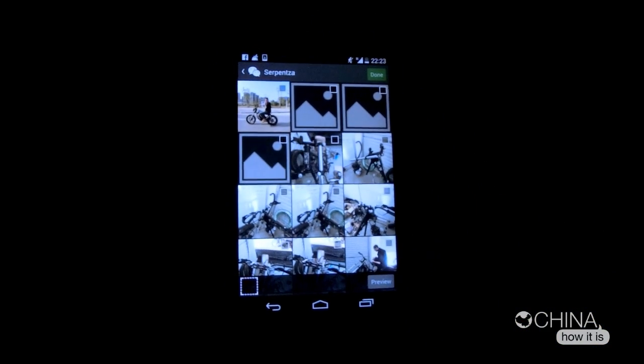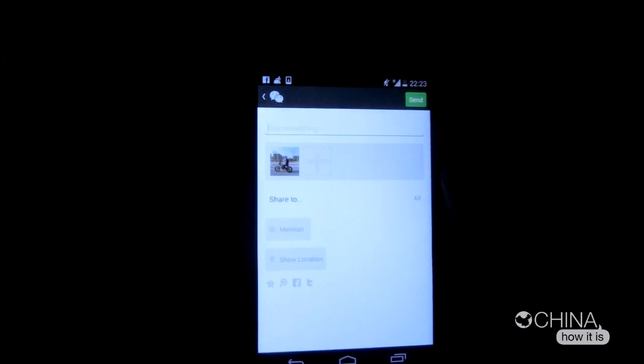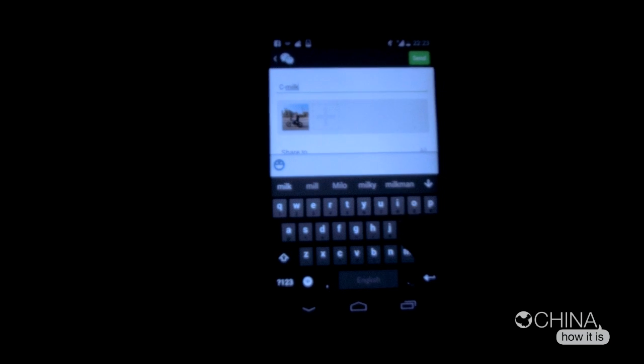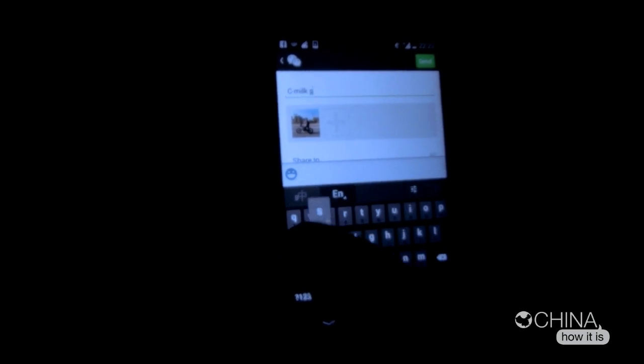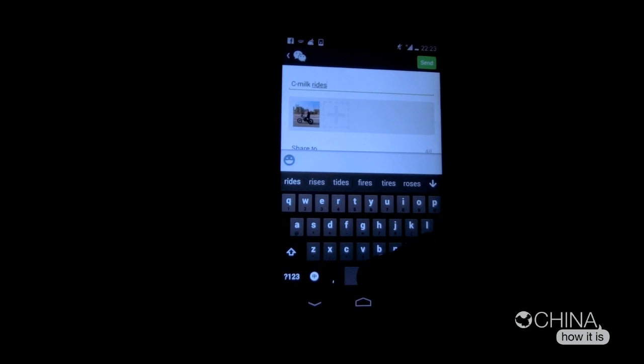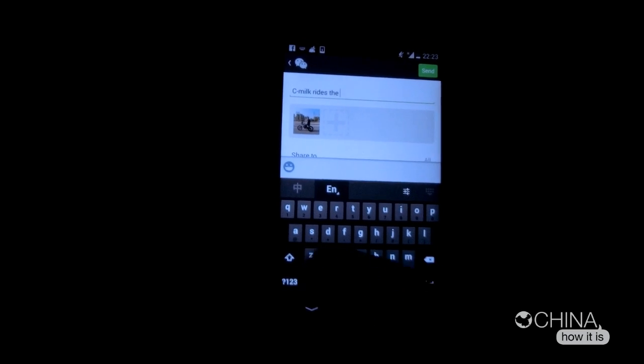Let's see, I'm just going to choose a picture of Sea Milk riding the bobber. Okay, alright, and I'm just going to say done. Right, and I'm just going to say Sea Milk. Gotta get the hyphen in there. Alright. Sea Milk rides the Chamberlain.